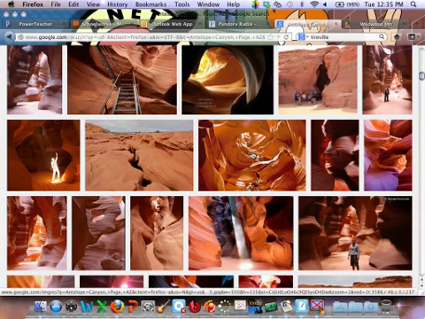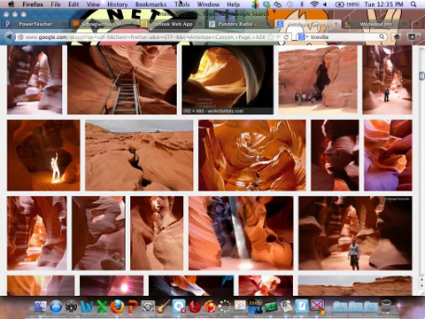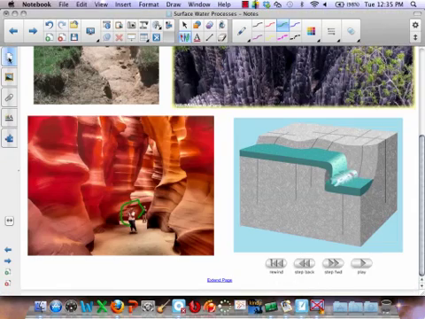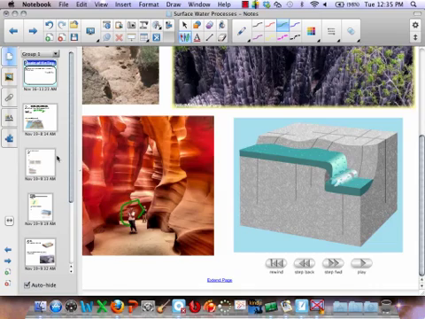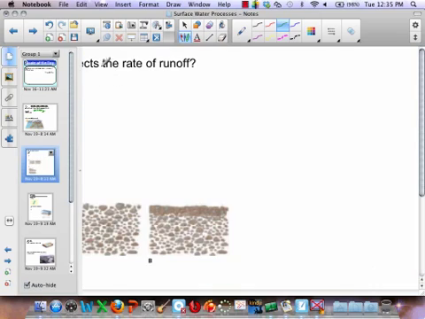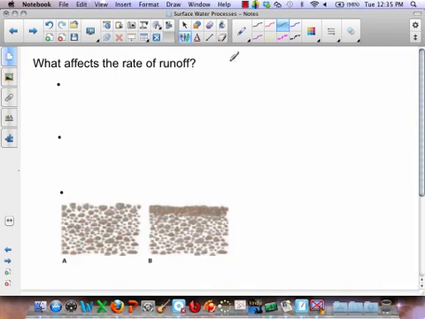Alright, so guys, let's get back to our lesson here. We talked about erosion and the fact that it's not always a good thing. So my question is, what affects erosion? How can we reduce erosion? And the easiest way to reduce erosion